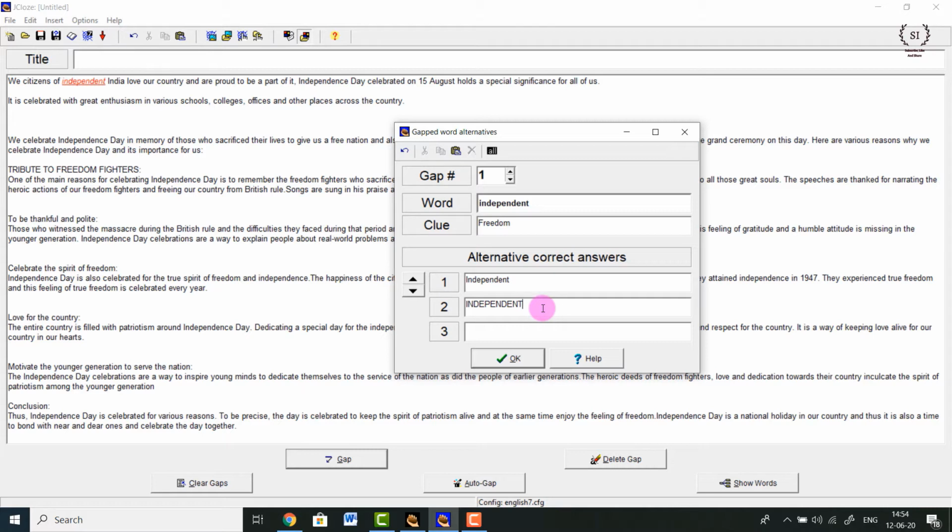For example, we citizens of dash India, the student could also think of an answer, for example, free. The students might have different answers in their mind, so accordingly you can add a few other alternatives also. We citizens of free India, this is also a correct word, right? So I have given two alternatives, either independent India or free India. Okay, once you're done with this, click OK.